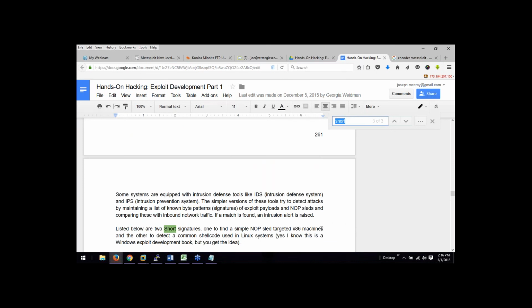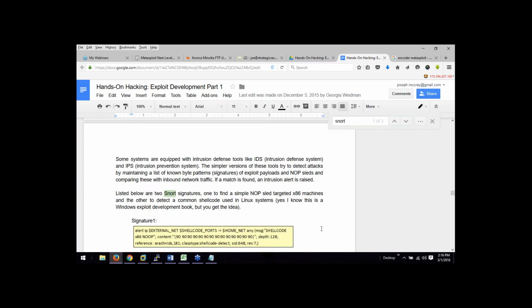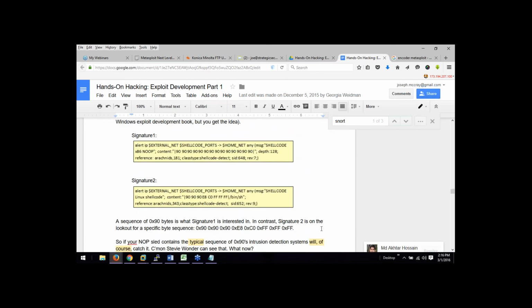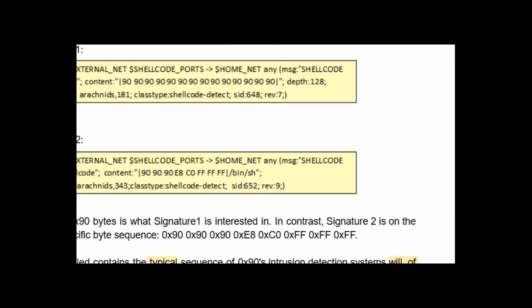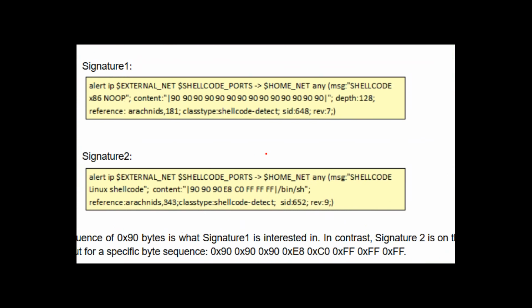Hey, here's what I was looking for. Those are Snort signatures. So Snort can alert, log, or drop. So it'll alert on any IP, on any ports, and the content that it's looking for is 90s. So